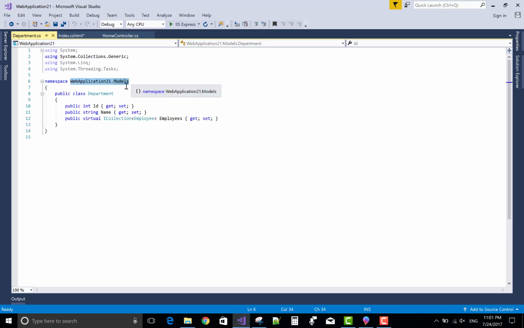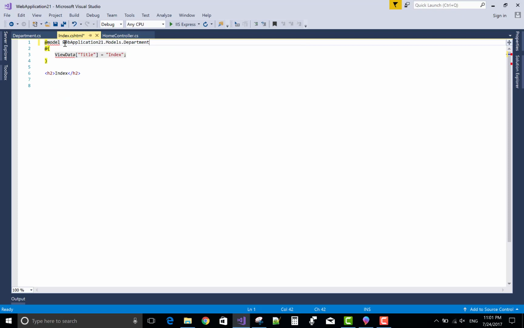Use IEnumerable because here we pass a list type object. So remove the stack, yeah, that's fine.